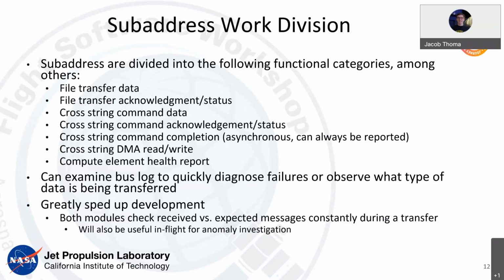Yeah, so a little bit more detail about the subaddress work division. As we mentioned before, we have various types of transfers we can do between the two strings. That involves file transfers, commands, and also low-level DMA reads and writes, and a spacecraft health report. So we decided to divide them in the following functional categories. As you can see, the data and acknowledgement and status messages are on separate subaddresses,